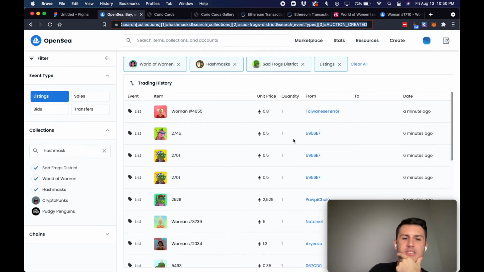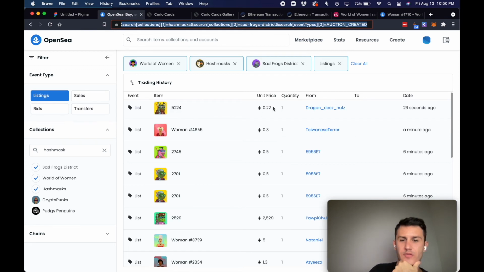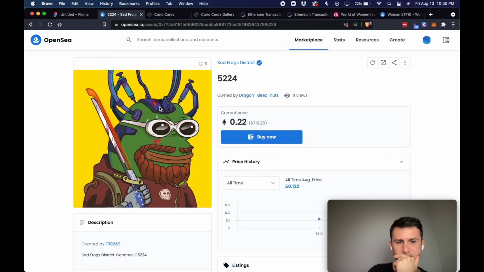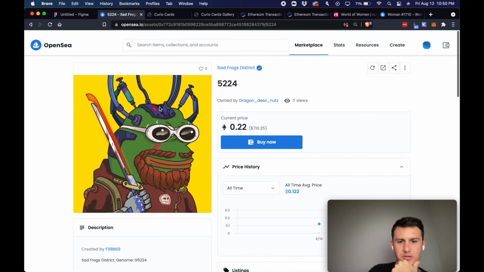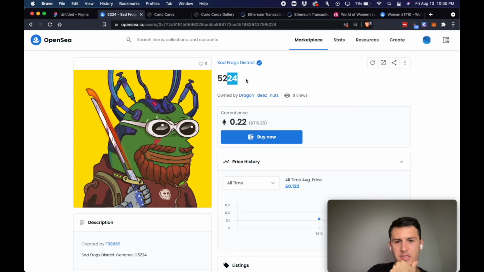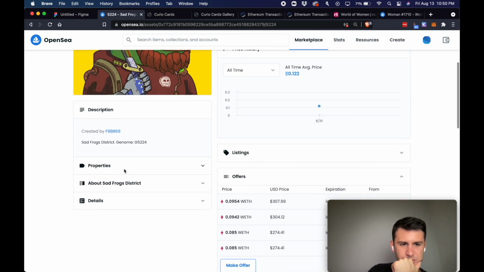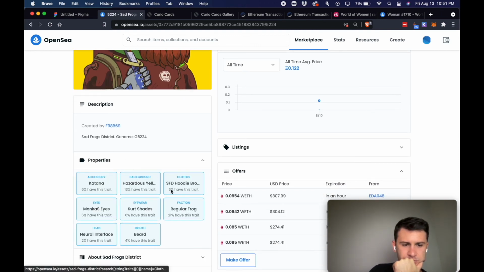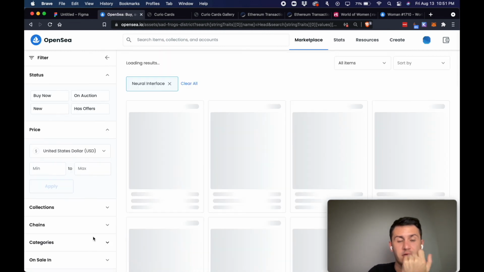And as these things are listed, like this frog just popped up for 0.22. It's actually the cheapest one on this page. Looks like he has a lot going on. So just for entertainment, I have no idea about this collection really. But what I'm going to do is go to 522. Look at the properties. So it's not bad actually. So the rarest property is this 2%. So if I click that 2%,